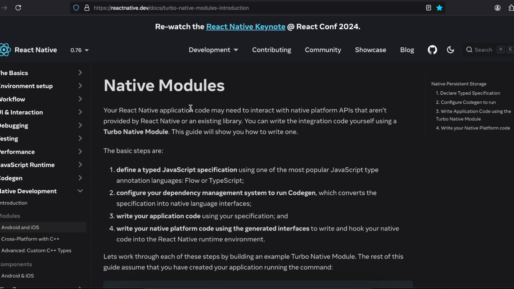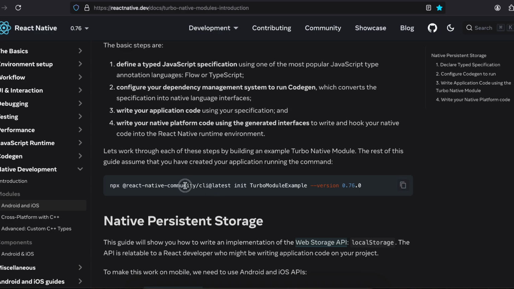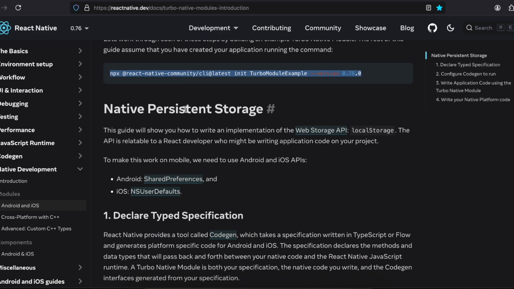Let's follow this. For this particular tutorial I'm just following the documentation and trying to replicate it. I haven't done this before this video, so even I am doing it for the very first time. So let's see how we have to do this. Basically they are saying to create this project. We have already created a project, and here they are creating